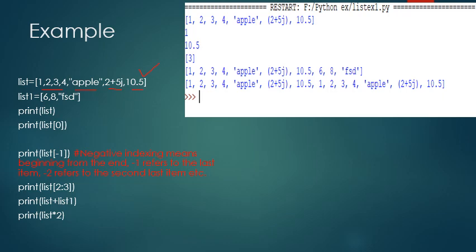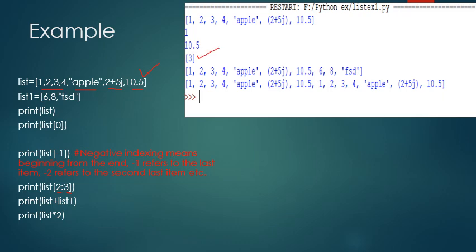Negative indexing means beginning from the end. -1 always refers to the last item and -2 refers to the second last item. Print list 2:3 is used to display the elements in the list from starting index 2 and ending 3. The last index value will be excluded from display. So here there is only one element, that is 3.